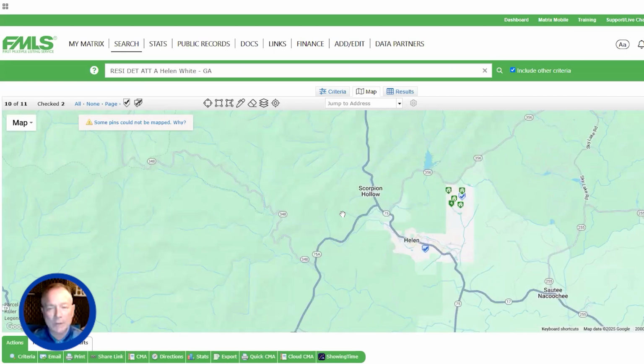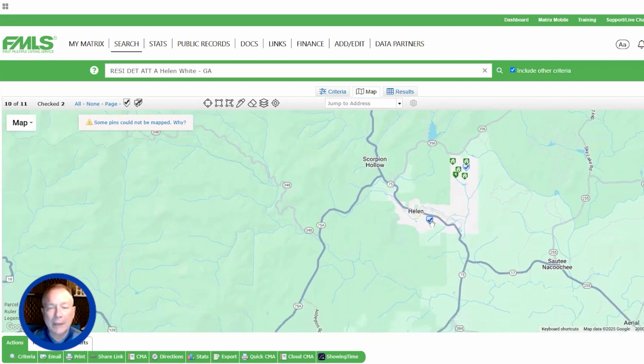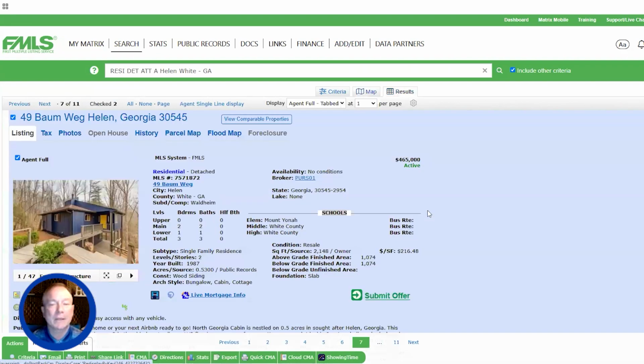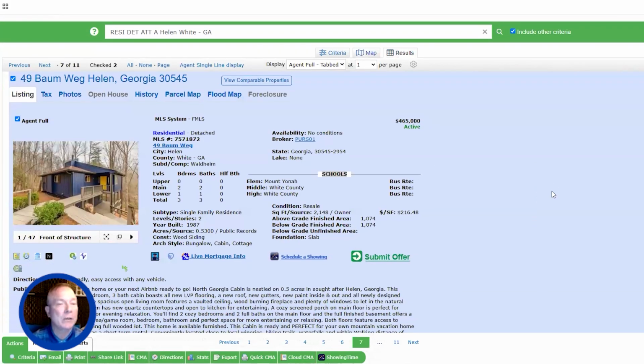Again, the homes here in Helen, you do have a nice mix of really high-end homes and also some more modern homes. So I just want to show you a couple of them so you can see what's available here in Helen. I'm going to click on the first one. This was a little bit closer to the downtown area of Helen. This home here is listed for